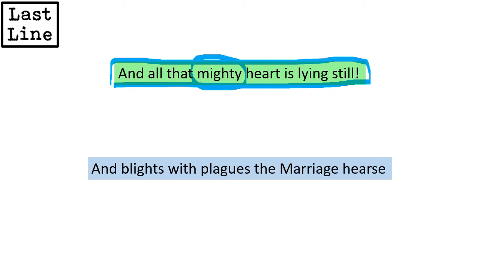Meanwhile, with Blake, we have these very negative words to do with illness, so blight and plague, and then we've got the reference to death with the word hearse, which is the carriage used to carry a coffin. You've got a slight oxymoron here of marriage and hearse, because you don't really expect those words to go together. But as an ending, this last line creates the finishing touch that Blake wants, which is that basically marriage, the cornerstone of society at the time, is being decimated by the life and the horrors that London allows to happen.